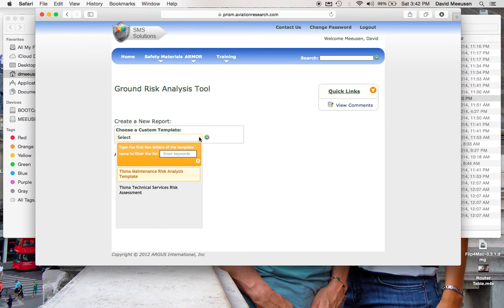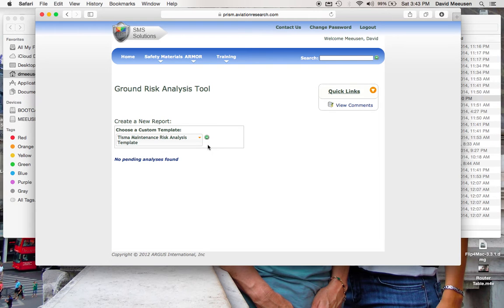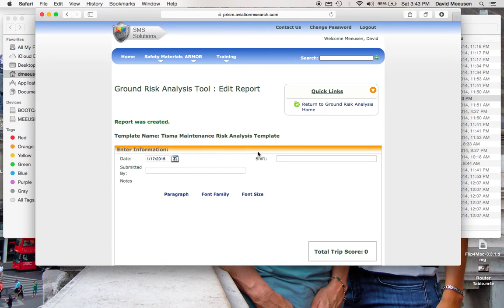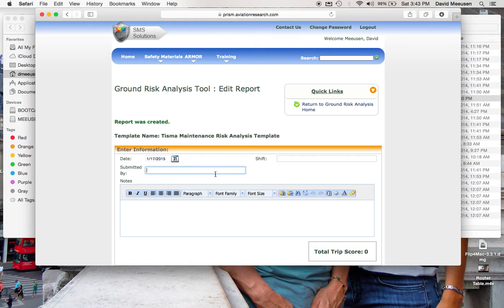There's two templates. If you take a look, one of them is simply the TSMA maintenance risk analysis. Then there's another one for a technical services risk analysis. For instance, if you're a little concerned about people coming in to clean the airplane or something, you can analyze that risk also. As we go through this, you'll see what I mean by saying that this is a tool. We've selected the maintenance risk analysis, and we're going to push on that little green button. And here we are. We're going to go submitted by me,